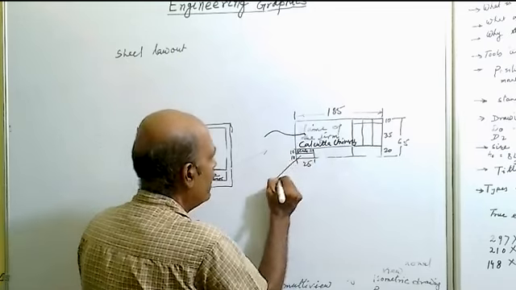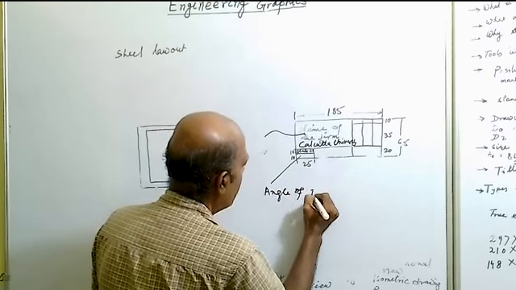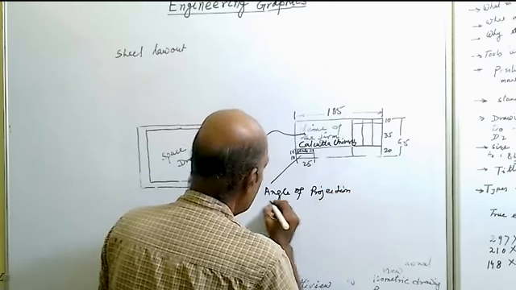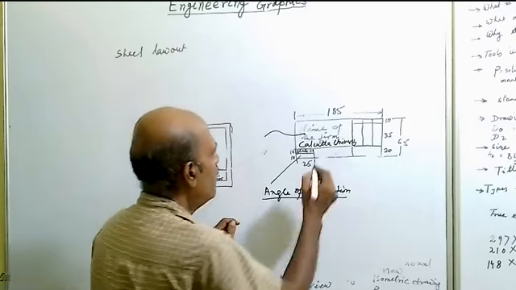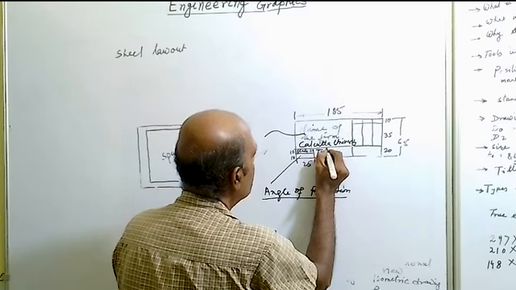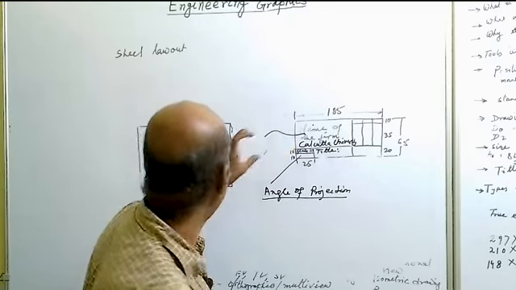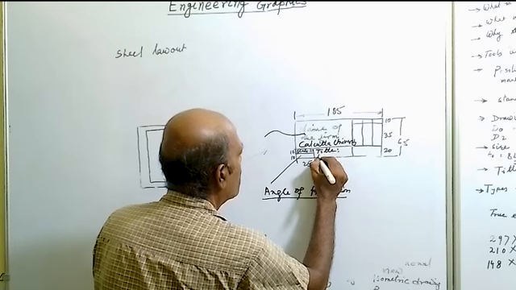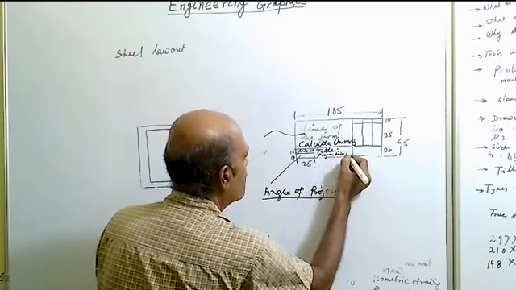And at this space, we'll write the angle of projection. So we'll discuss afterwards what is the angle of projection. Now this space here, the title of drawing will be written. So what drawing is made here? That is, say, projection of points. So we write here projection of points.